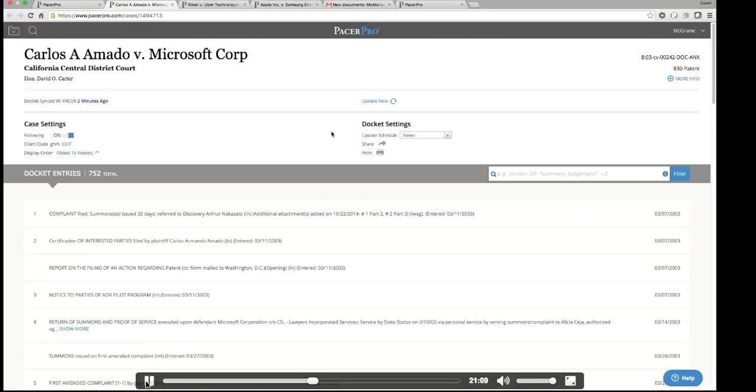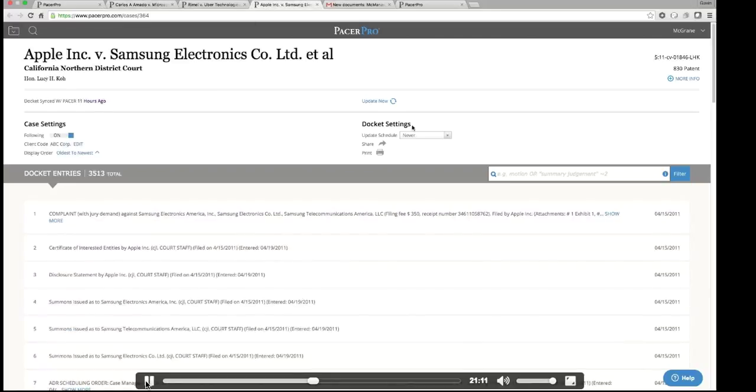Okay. Yeah. No, and again, there's a host of tools. For example, I'm going to use this case just because I happen to know it better. I'm sure you've all been on a docket sheet before with Pacer, and all there is to search the docket sheet is the Control F search, meaning you can look for one word or contiguous words that need to be on the page in the browser. With Pacer Pro, you have